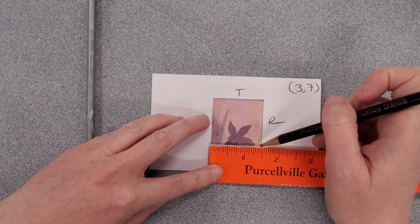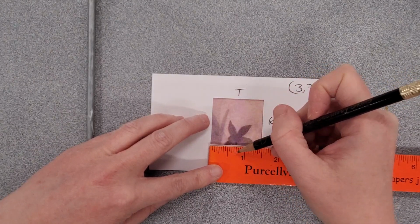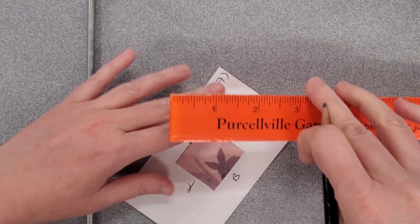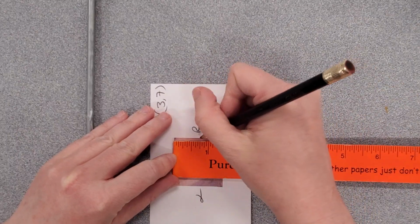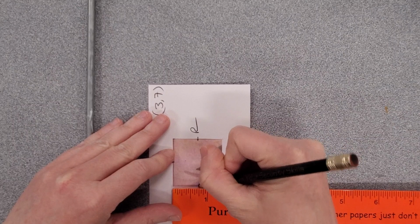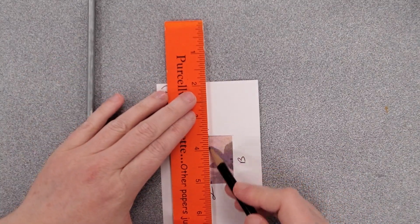So for 1.5 inches, the 3/4 mark: this is the inch mark, this is the 1/2 inch mark right here, and the next largest one is the 3/4 mark. So I'm going to line this up, and essentially what I'm doing is creating the exact same grid on my small puzzle piece. If I have the same grid on my larger paper and on my puzzle piece, it will allow me to enlarge this little piece of the puzzle in proportion. So I'm going to connect the dots on my puzzle piece